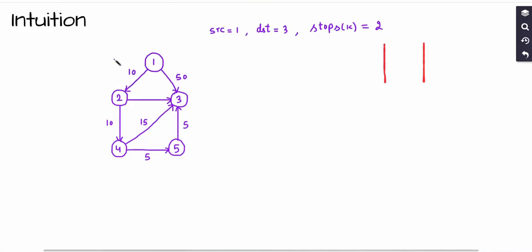Let's build the intuition to solve this problem. So here we have our sample test case or network. Fine. So we have 5 nodes here. The source node is node number 1, the destination node is node number 3, and we have at most 2 stops. That means we may have at most 2 stops while we move from the source city to the destination city. Fine. So in the previous 2 videos I have solved this problem using BFS and Bellman-Ford algorithm,